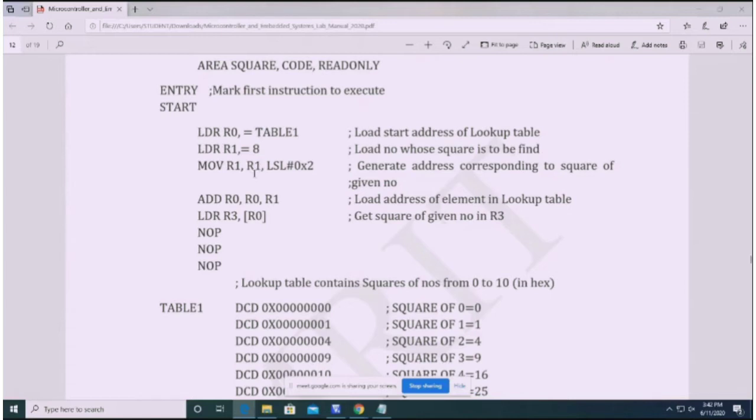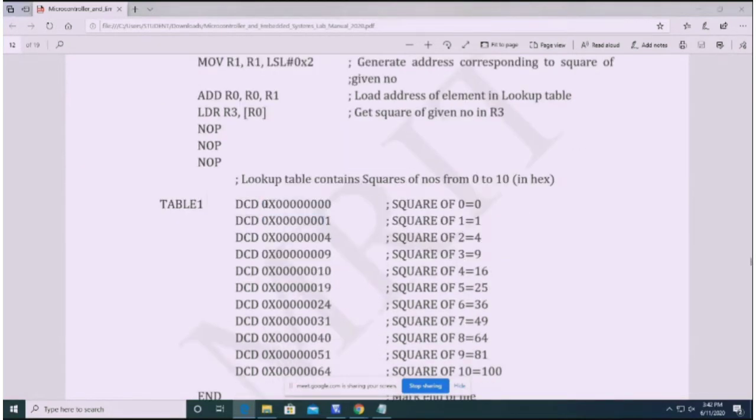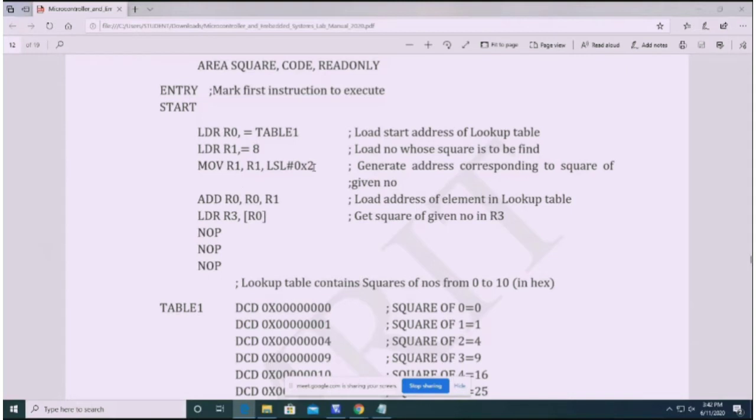We are making it 4 because for each number we are using 4 bytes to store the result, because it is a 32-bit microcontroller. So 8 bits into 4 bytes is equal to 32 bits. For that reason we are multiplying with 4.